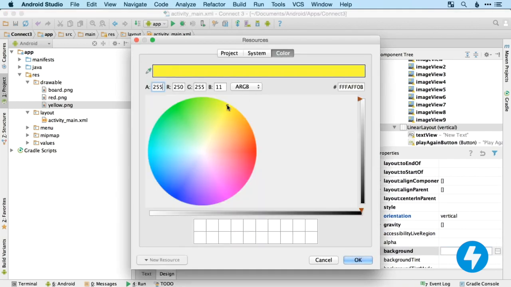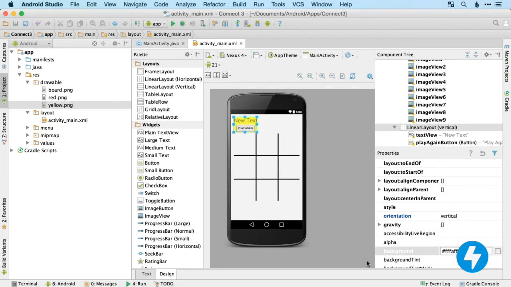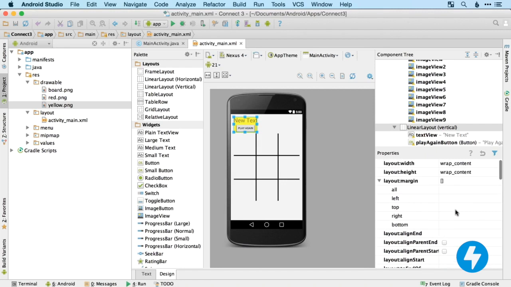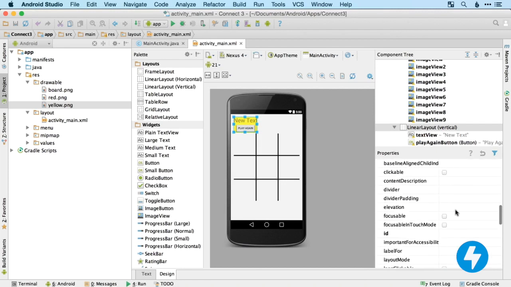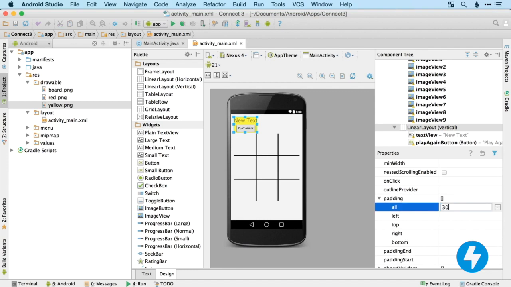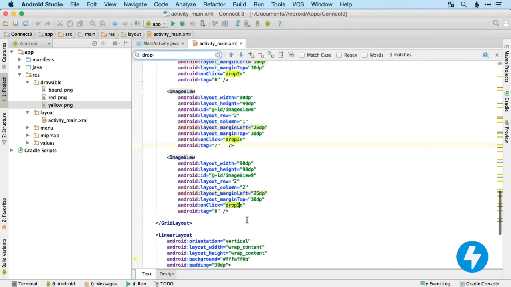There we go. So I'll just go for a nice yellow. So it looks slightly horrendous, but it'll get the job done. And then I'm going to add a bit of padding all the way around. Yep, lovely. So it doesn't look beautiful, but it's fine. And then if we want to align that centrally, we could have a look at